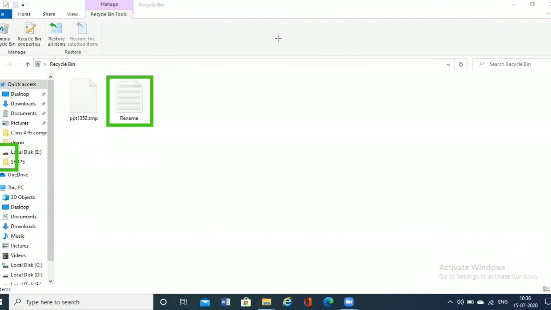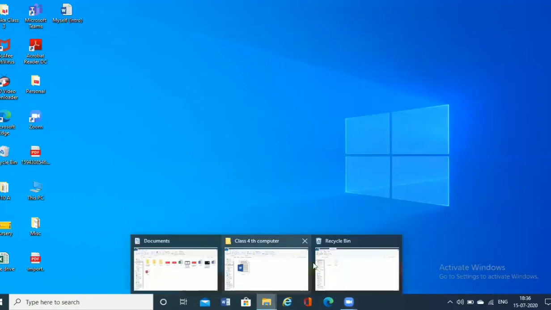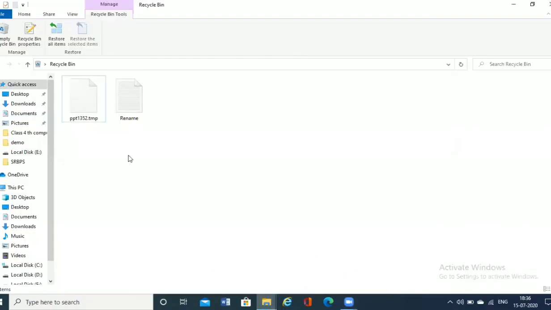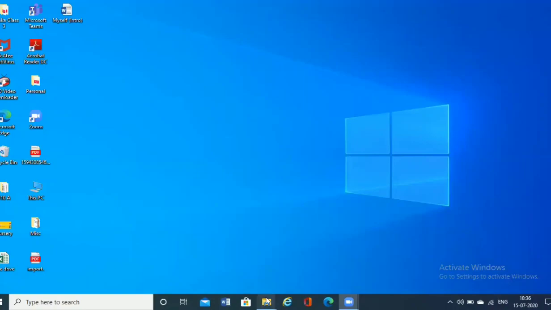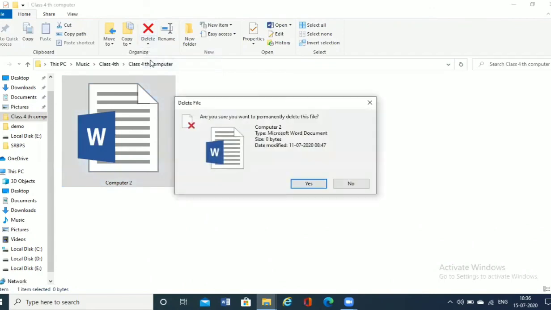That means it has not been deleted permanently. So one option is this. The other option is to delete it permanently. Let's see what happens. Click on Delete and then Permanently delete.